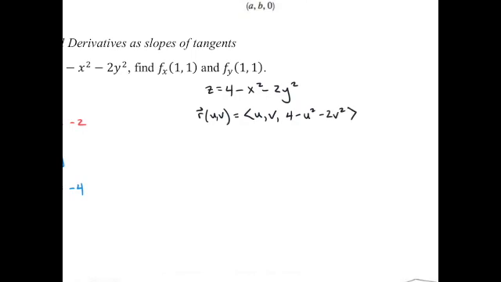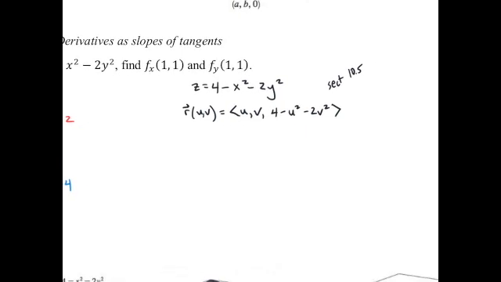And this was section 10.5, if you wanted to make a note of that. In 10.5, we talked about how we can represent these surfaces as vector functions of two variables. So in this case, all I'm doing is letting x and y be the variables u and v, and then z is made up of them in this particular extent. If we were to backtrack a little bit in our study in chapter 10, remember in chapter 10 we also talked about curves in space, and curves in space had a vector function of one variable. Now I know that the surface right here has the variables u and v,